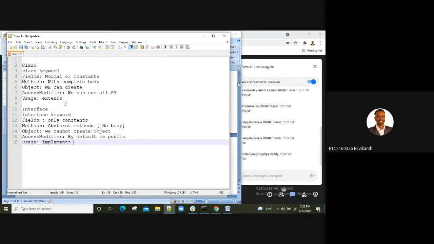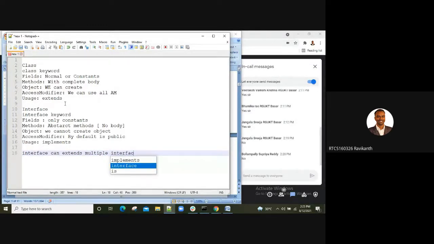Then an interface cannot be extended by a class, it can be implemented by a class. And the final statement, which is very important: an interface can extend multiple interfaces. So it is very clear that it is going to support the multiple inheritance concept.